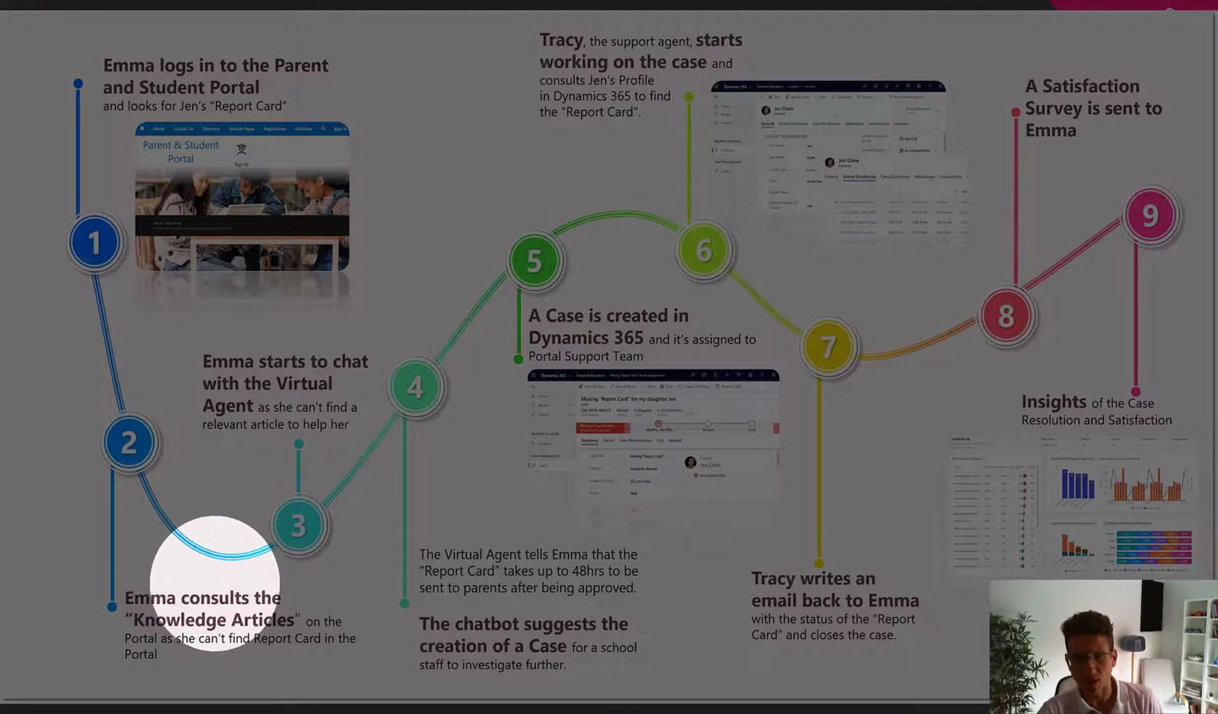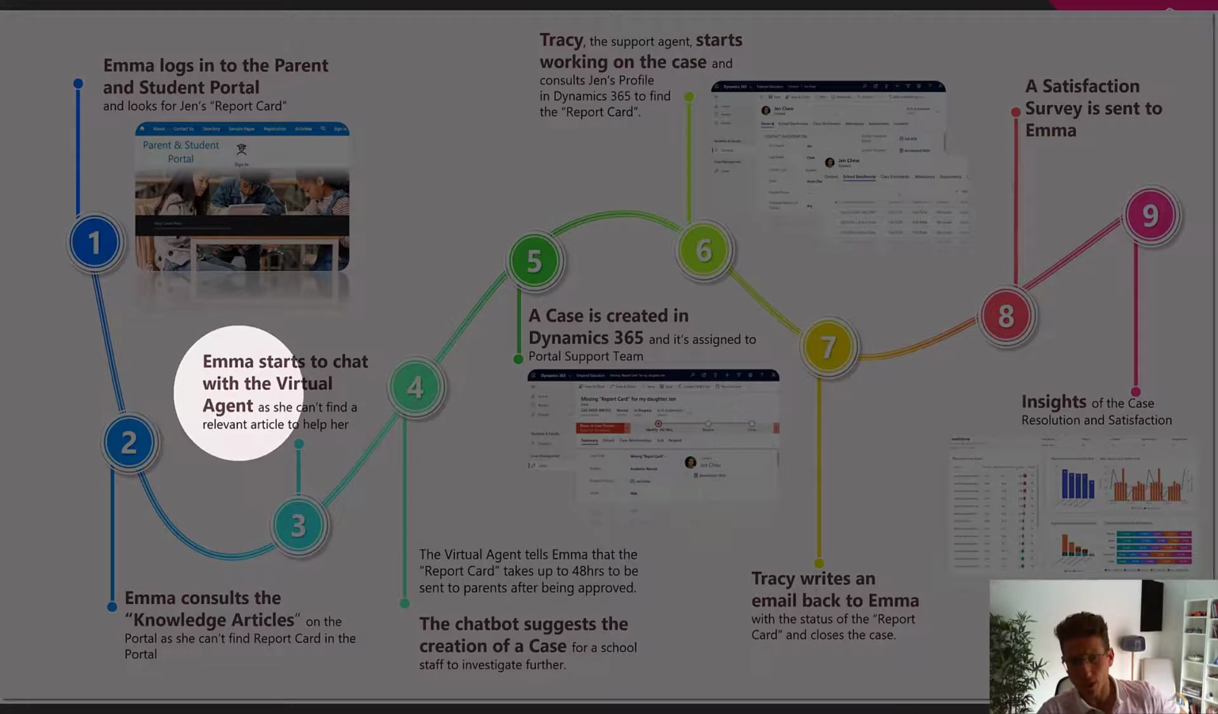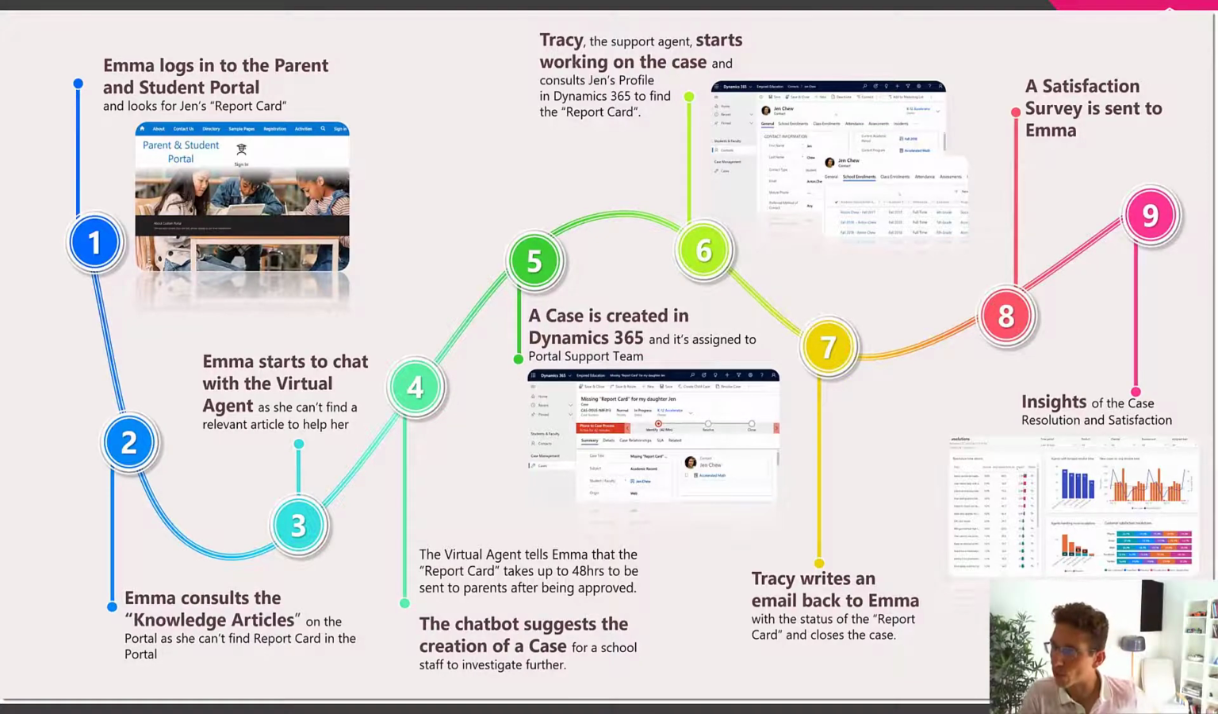Somehow it's not there, right? She should see Jen's report card on the portal. So effectively what she does then, she starts chatting with the virtual agent, right? There is a virtual agent present on the portal, so she starts asking the virtual agent for some help,